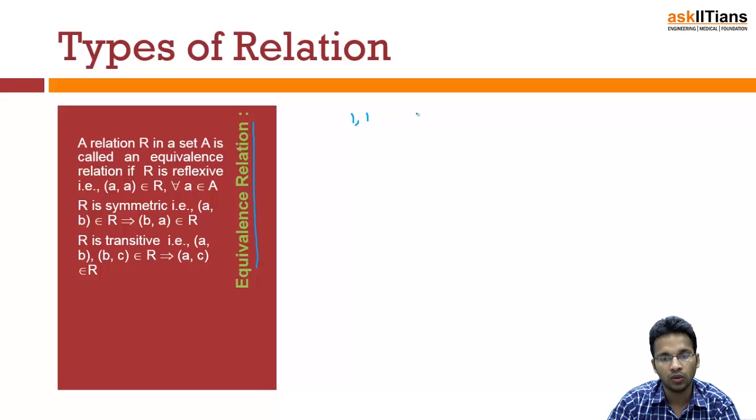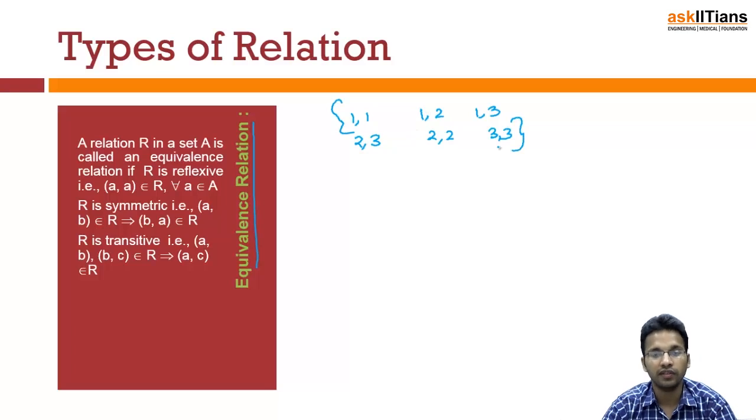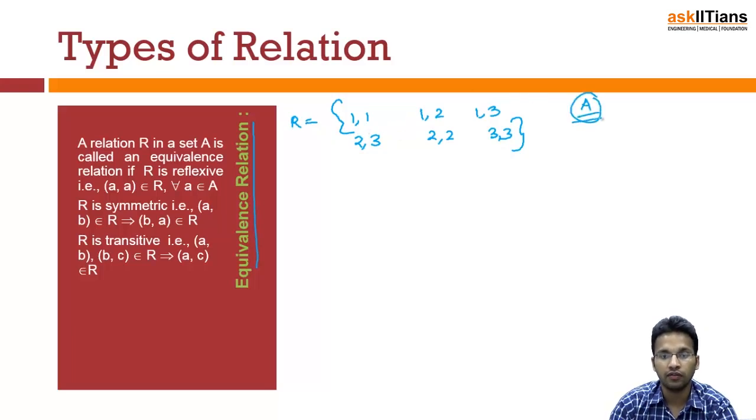Now suppose I am writing (1, 1), (1, 2), (1, 3), then (2, 3), then (2, 2), (3, 3). Now if I want to categorize this relation, if I want to say whether it's an equivalence or not, I have to check it needs to be symmetric, it needs to be reflexive, it needs to be transitive. First of all we should know what the set A is from which this relation has come, because for reflexive we need to do that. Now if my A is {1, 2, 3}, so this becomes